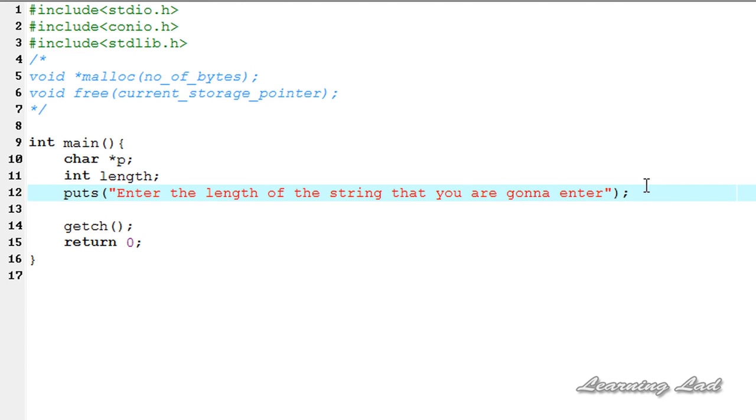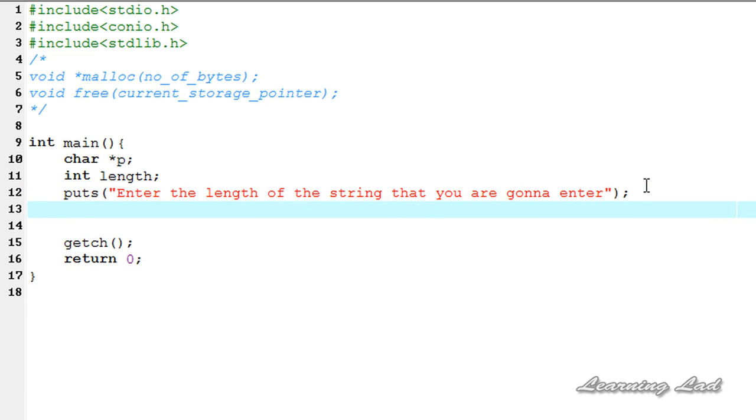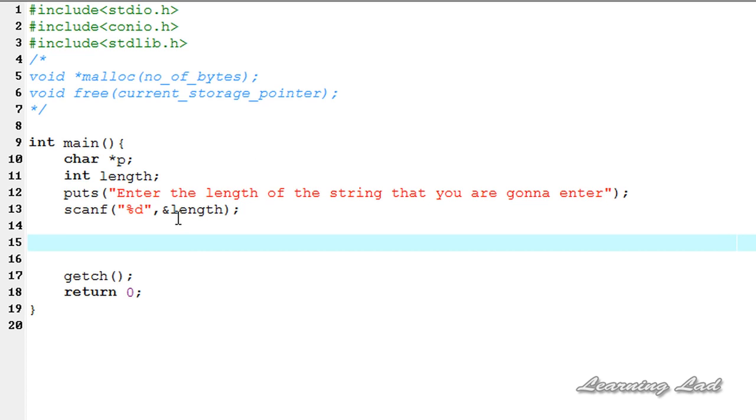And the next thing we're gonna do is store the length entered by the user. So I'm gonna use a scanf function, and I'm gonna use %d because the length is an integer value, and I'm gonna store that in my length variable. So that's why I'm gonna use &length here. So the next thing we're gonna do is allocate the memory using the malloc function. So we'll be using p equal to malloc,